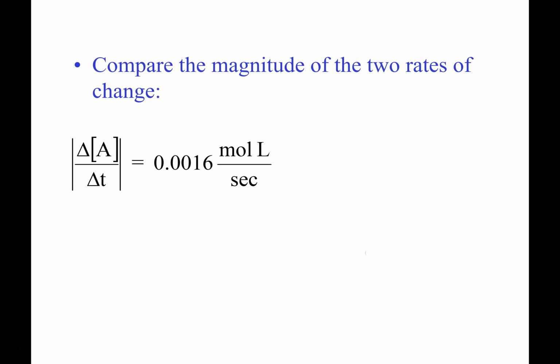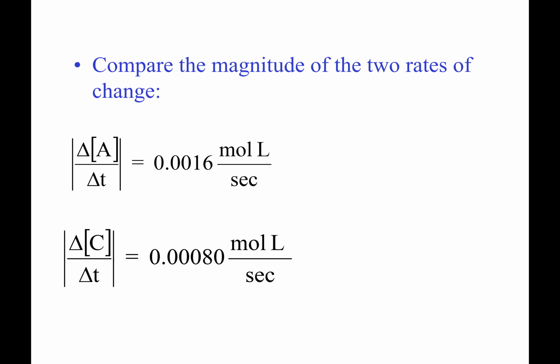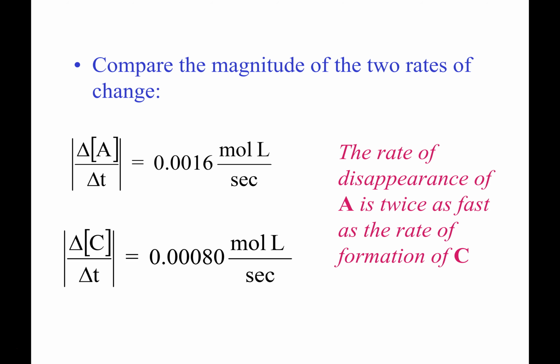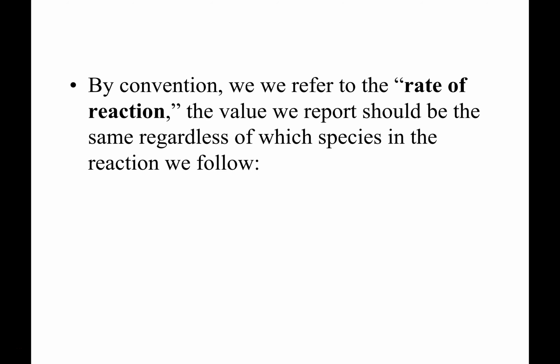So, hold that thought. If we compare the absolute value of these rates of change, we recognize that this one is twice as much, right? Negative, but the absolute value is twice as much. So the way we handle removing the effect of the stoichiometric coefficient is that we take our rates and divide them by the stoichiometric coefficient, or multiply them by 1 over the stoichiometric coefficient. So by convention, the rate of change of a reaction, not the tracking of a reactant or product, is reported